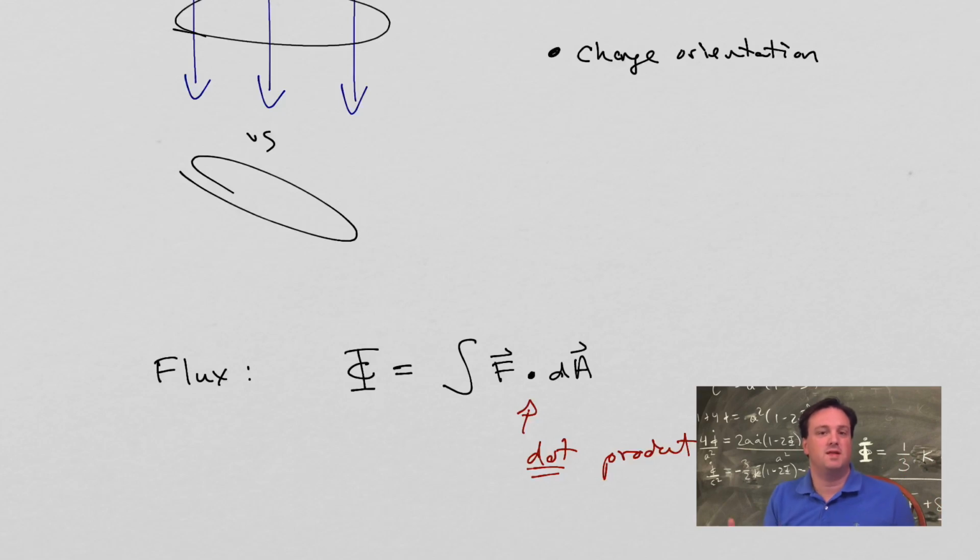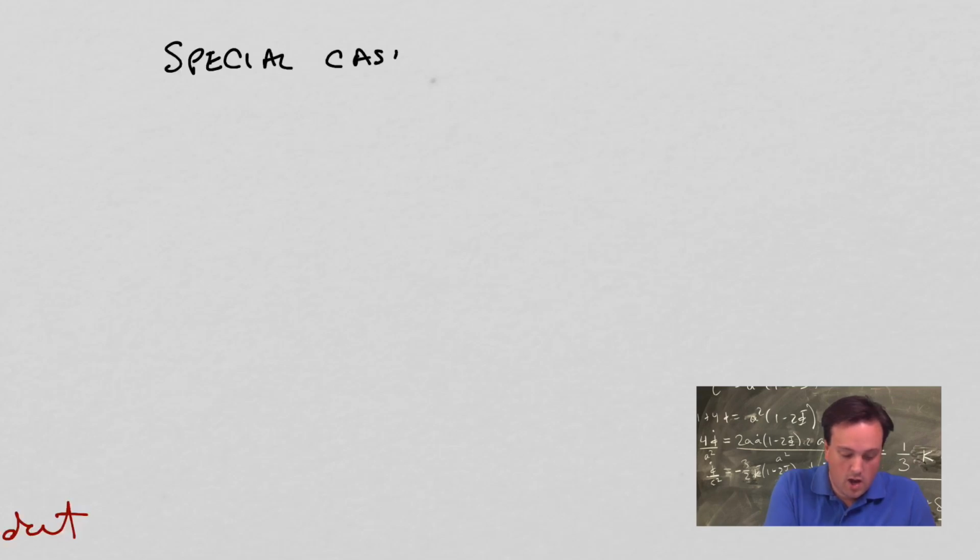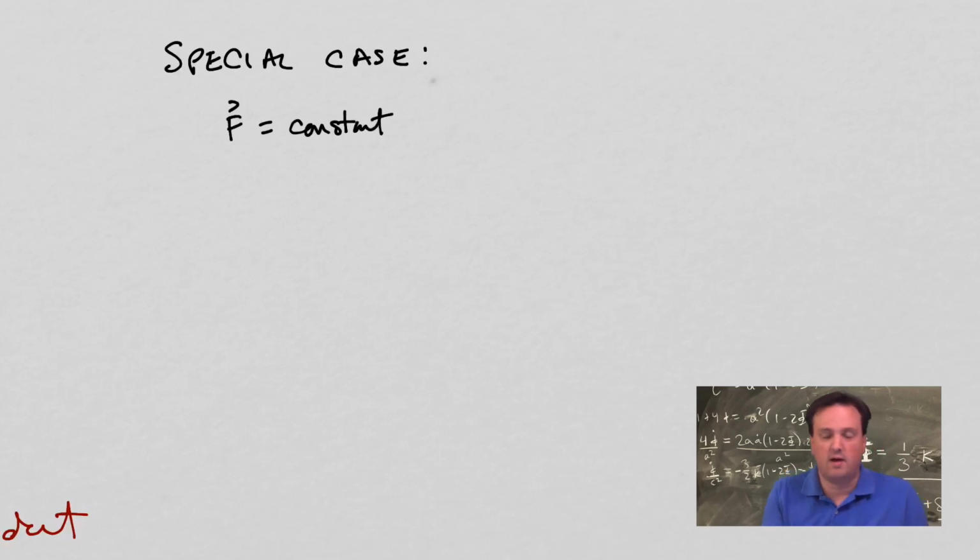And so now I start to realize why that dot product is so important for orientation. Now, there's a special case where I have a constant vector field, and an example of this is, of course, something like the rainstorm I was looking at, and